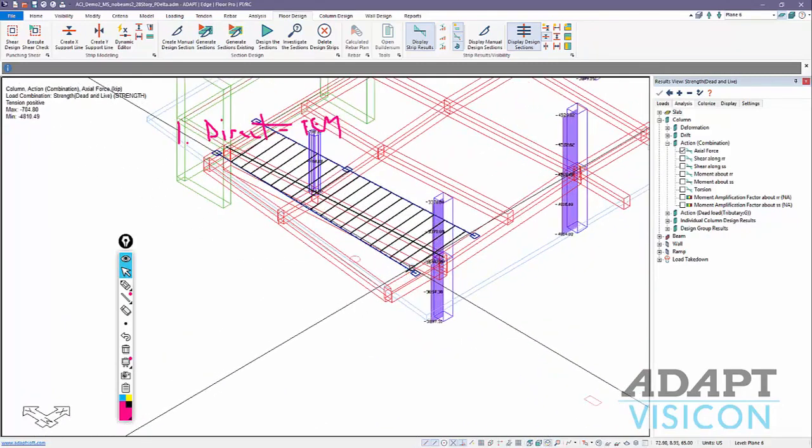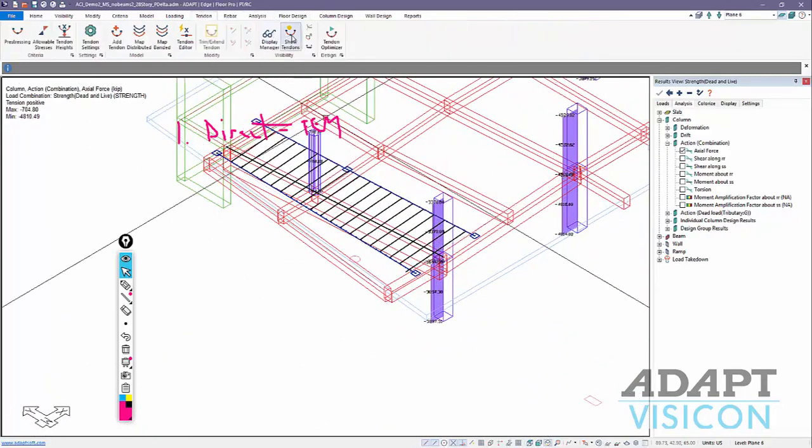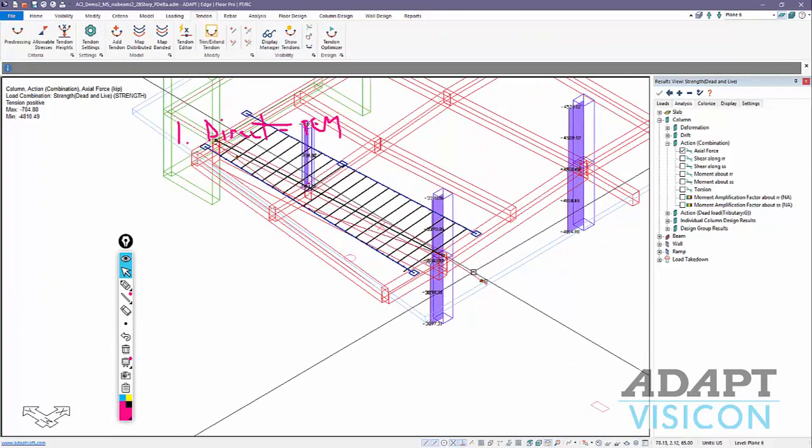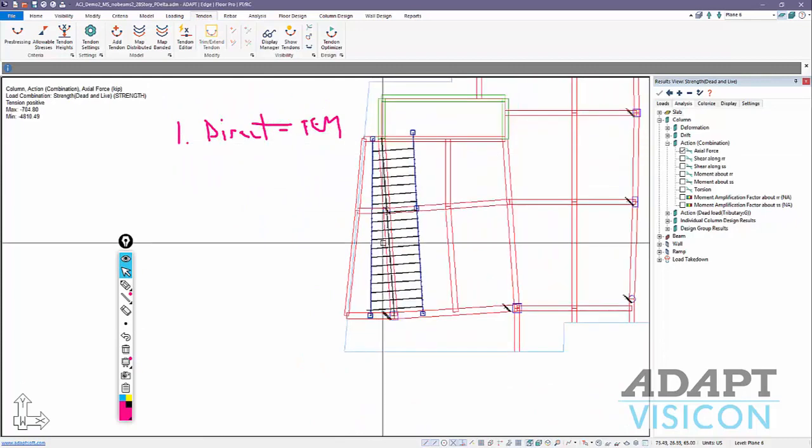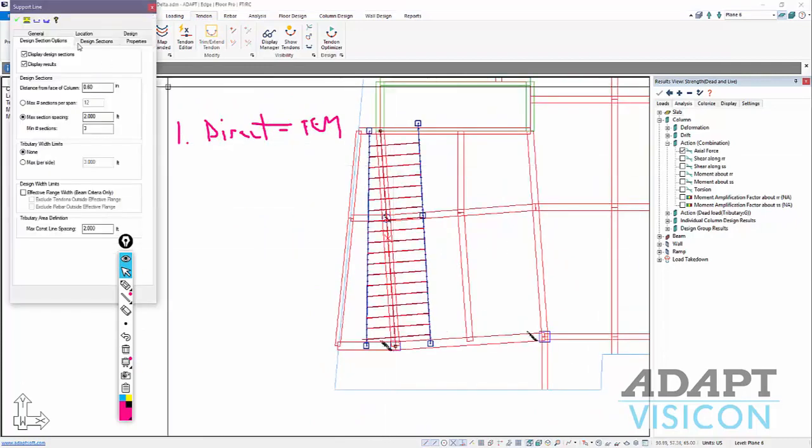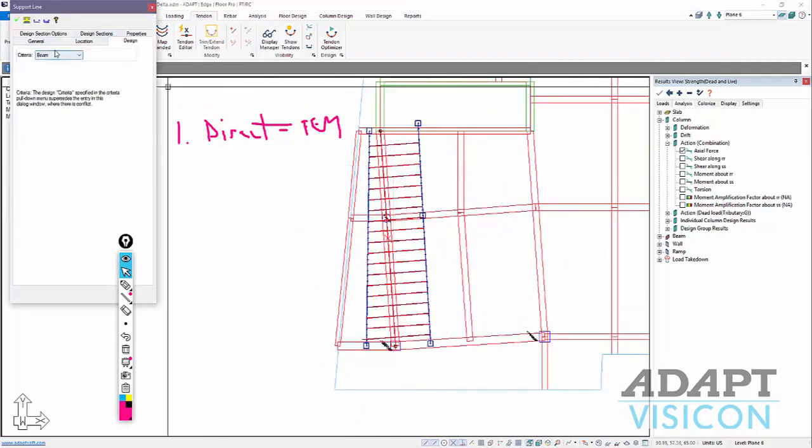And while we're in this dialog, I'm going to turn the tendons, and I'll show us how to remodel the tendons here. So we'll delete that tendon. So now this becomes its own unique strip. If I double click on that strip, I'm going to set it to beam design,